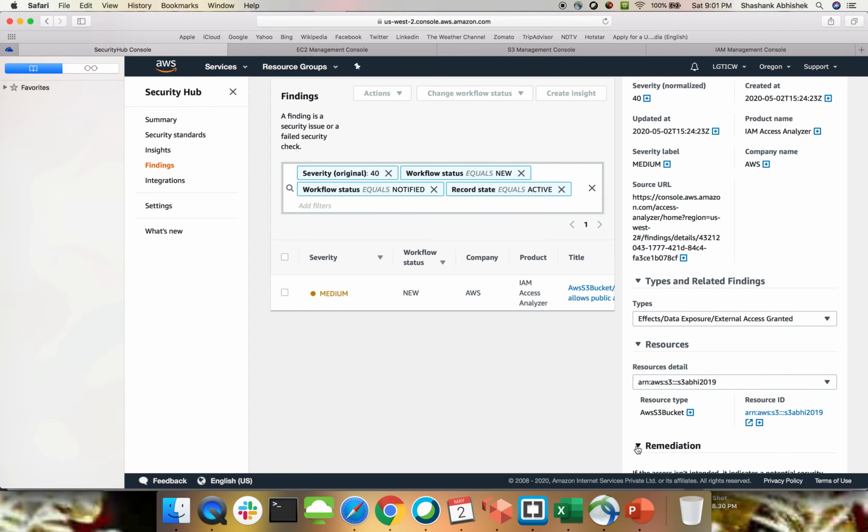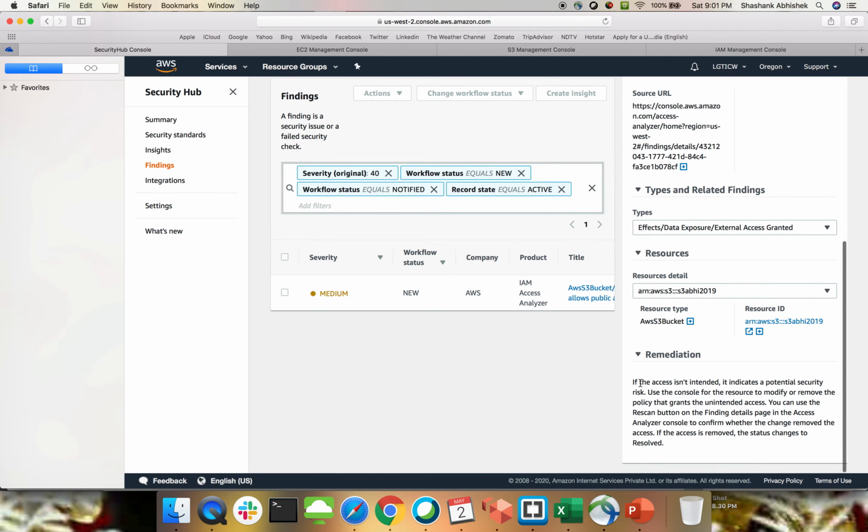Come on, go down. If the access is not intended, it indicates a potential security risk. Use the console for the resource to modify or remove the policy of unintended access. Now, here is one point to note. If you have given access publicly to the world and that is intentional in nature, then you can ignore that and go to your Access Analyzer and move that to archived, right?